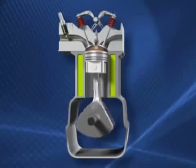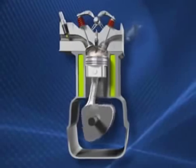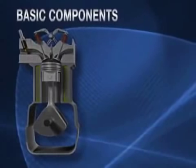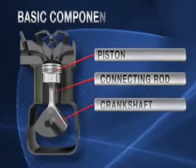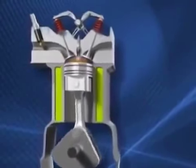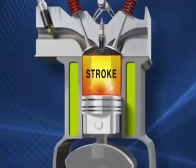A basic lesson in the fundamentals of a four-stroke EFI gas engine may be helpful to your understanding of Mercury products. Here are the basic components of every four-stroke gas engine: a piston, a connecting rod, a crankshaft. As the piston travels up and down in the cylinder, this lateral motion is turned into a rotating motion at the crankshaft. The longer the stroke of the piston, the larger the displacement of gas and air occurs in the